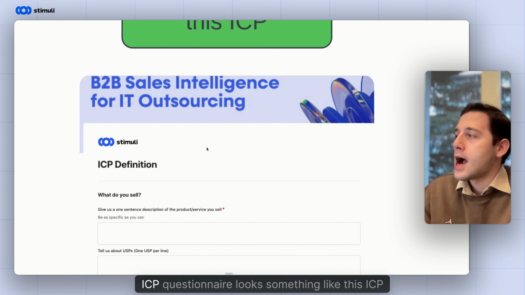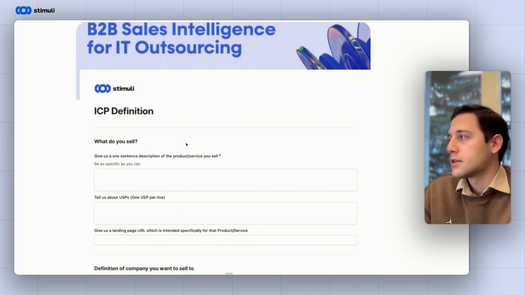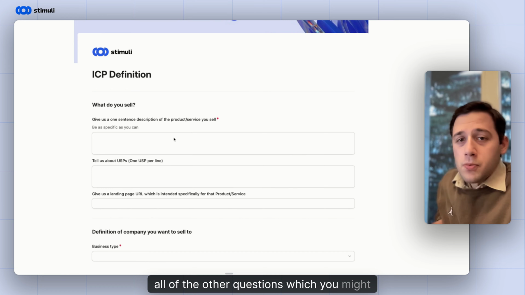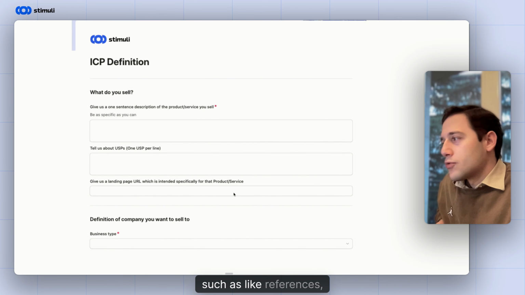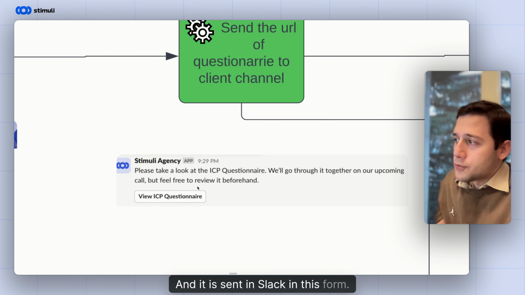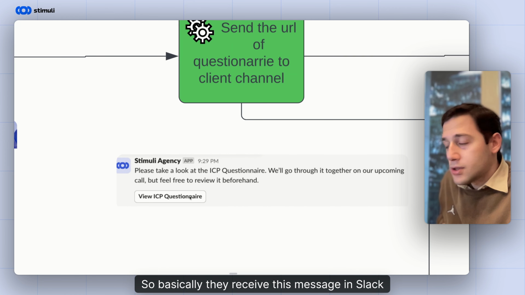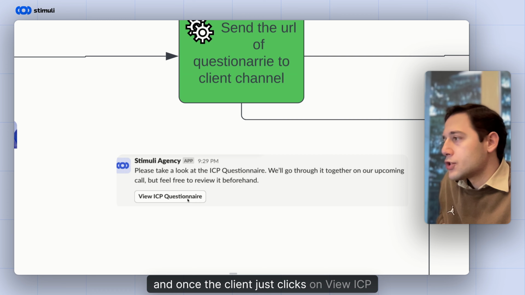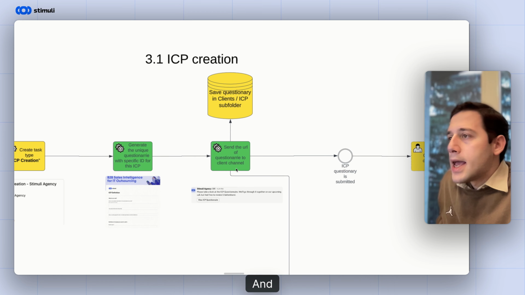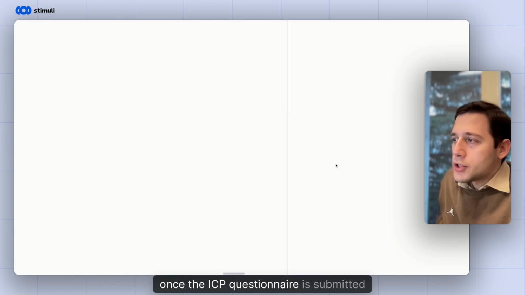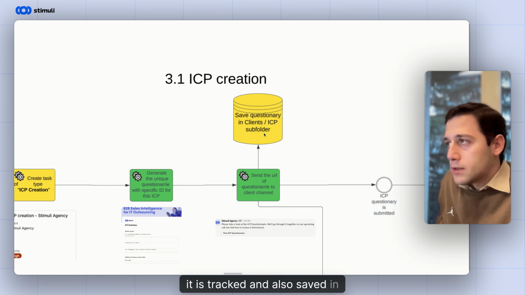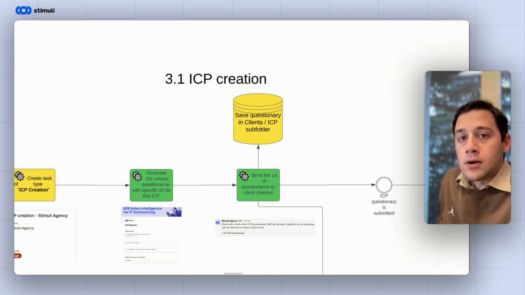The ICP questionnaire looks something like this: ICP definition and all of the other questions which you might probably have as well, such as references, business type, and so on. It is sent in Slack in this form. They receive this message in Slack, and once the client clicks on view ICP questionnaire, they go straight to this portal. And once the ICP questionnaire is submitted, it is tracked and also saved in the client's ICP